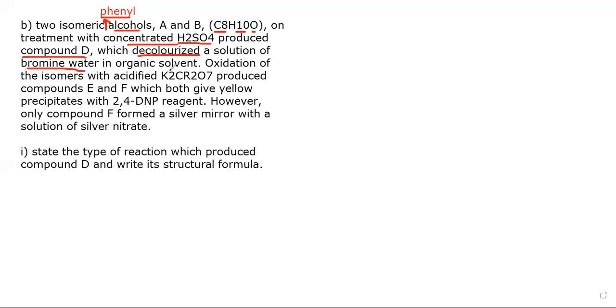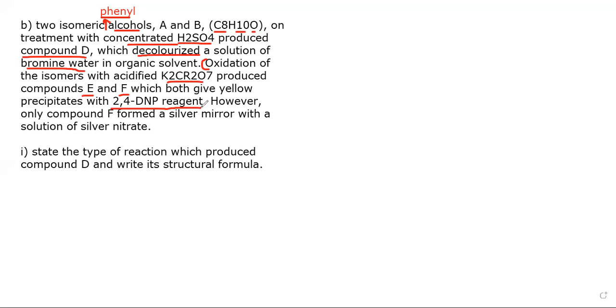So that's one part of the question. Now, this other part is not following on with the dehydration. So it says oxidation of the 2 isomers with potassium dichromate produce compounds E and F. So this is a next reaction of the alcohol. The first one was dehydration. This one now is oxidation. So you oxidize the alcohol, you get 2 compounds, E and F, which both give yellow precipitate with Brady's reagent, DNP, we know,